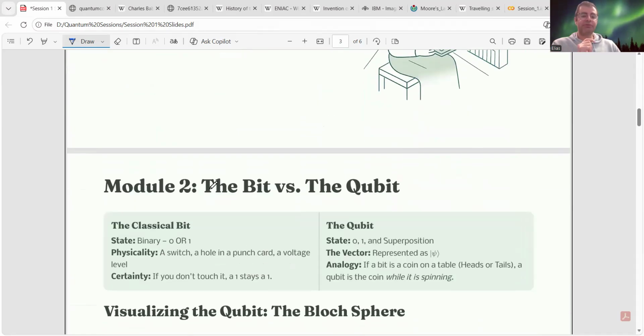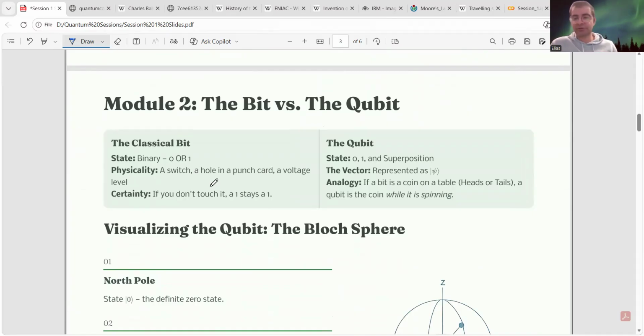But in a classical computer, we have a transistor, or a switch, that has two positions. It's either going to be 0 or going to be 1. Now, in a quantum computer, it can be not only 0 or 1, but also any combination of these two. Let's consider it like a wave. You see, the wave can be 0, can be 1, or can be any number between these two. This is because a photon can act like a wave and also like a particle, right? But don't worry, don't get confused about it.